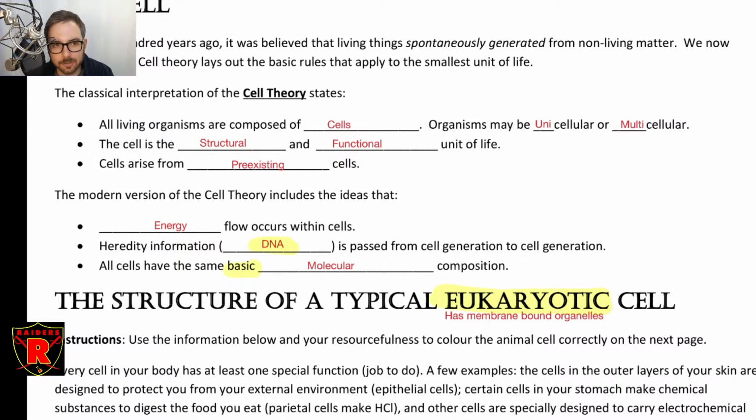All things are made out of cells. And that goes back to our first unit, where everything's made out of cells, right? All the living things that we just looked at in all the different kingdoms, if you look right down to the smallest level, they're made out of cells, or a single cell for several of them. Viruses are in some kind of weird gray area, but all the living things that have all the features of living things are made out of cells. Living things can be uni or multicellular. That's the first tenet of cell theory. Everything that we've ever seen that exhibits the characteristics of a living thing is made out of cells.